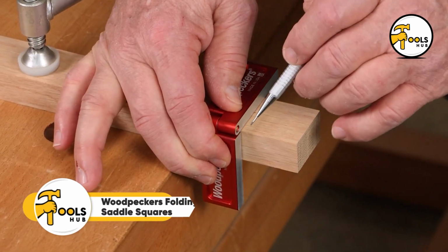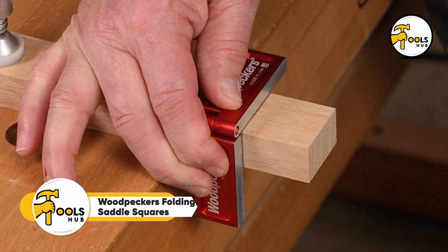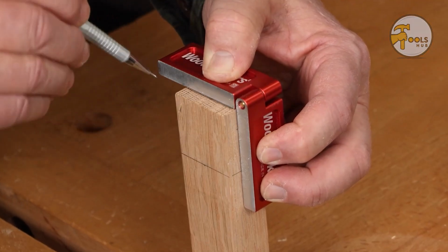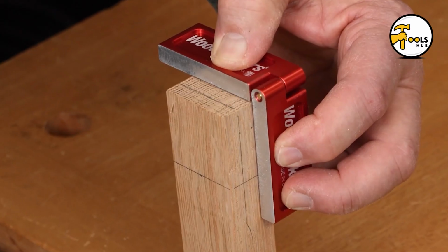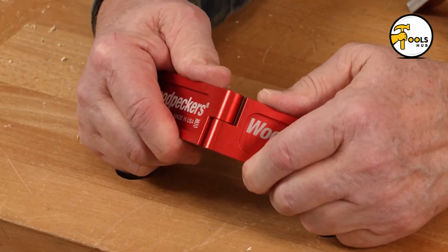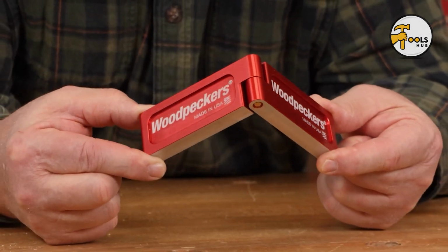Woodpeckers folding saddle squares. Laying out dovetail joints can feel like a nerve-wracking game of don't mess it up. The Woodpeckers folding saddle squares help you get those layout lines perfect every single time. These tools fold around your workpiece, letting you mark lines across edges and faces with zero guesswork. Each square is milled after assembly to ensure flawless alignment, eliminating the tiny errors that can ruin a joint's fit